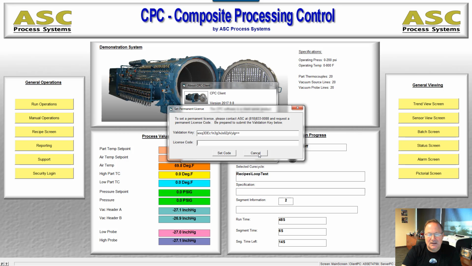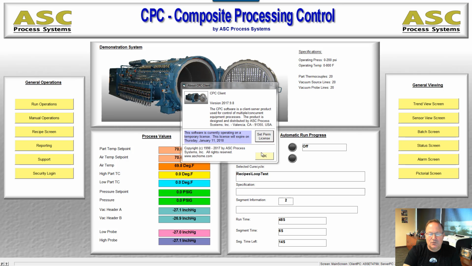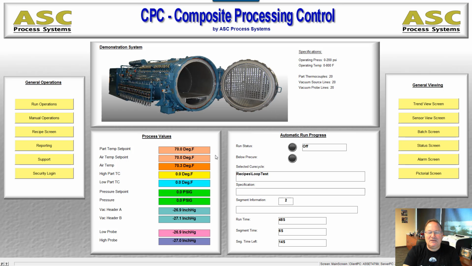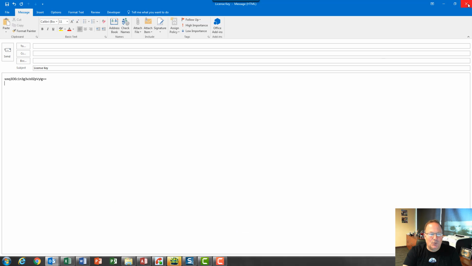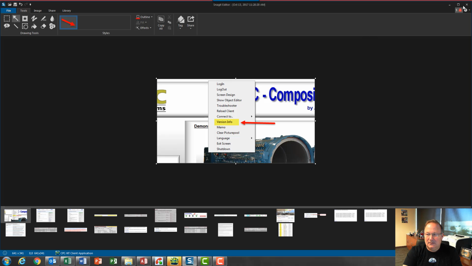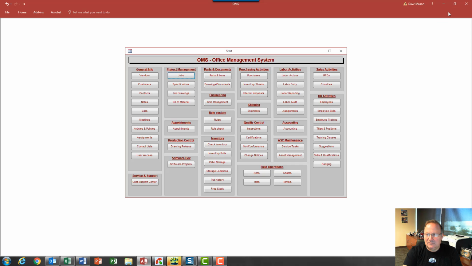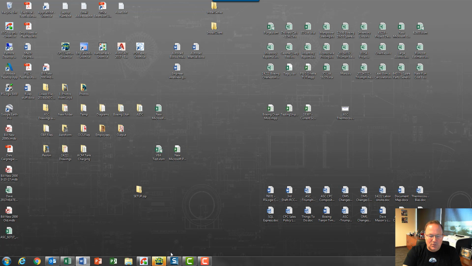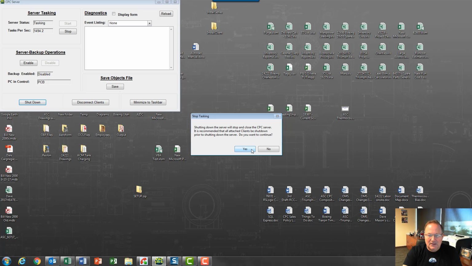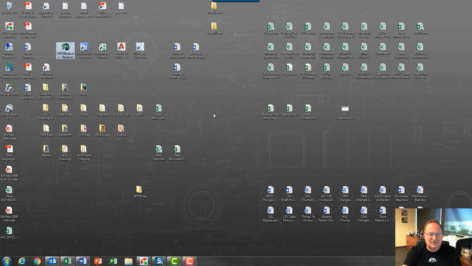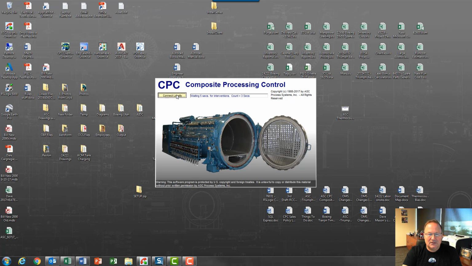Okay, and this needs to happen on both your PCA and your PCB. So this would be for the PCA information. To log on to PCB, what's recommended is, let me close this down here. If you're operating off of PCB, when you start your PCB's CPC server or CPC software, you want to press this button right here, connect locally. So you connect locally,